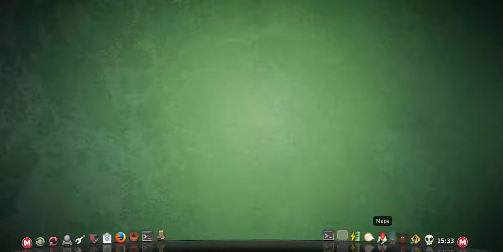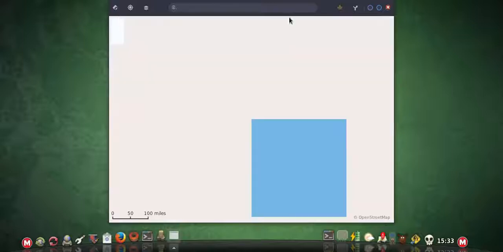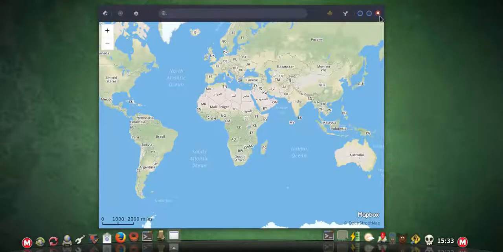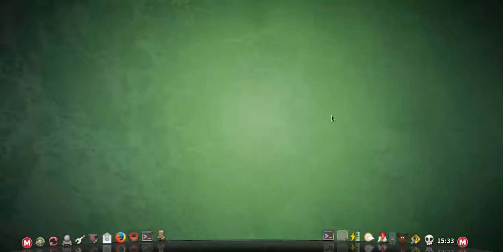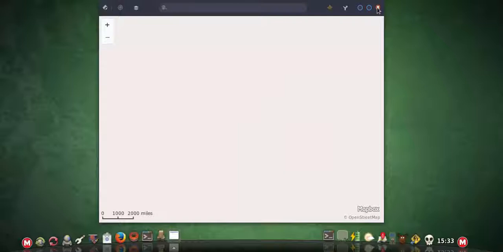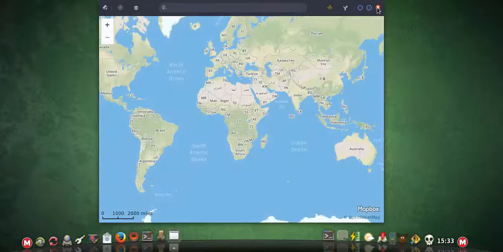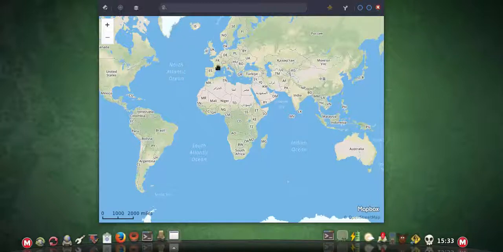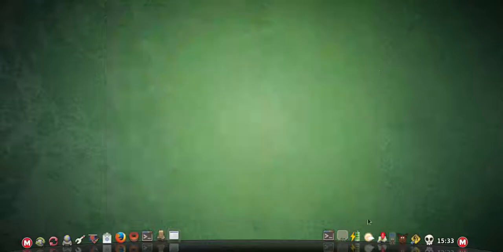Next to that you've got your volume and keyboard settings. Next to that you've got a little maps plugin. If I click on that, I am in VirtualBox, so this uses 3D, so it will be a little sluggish. Okay, so there you've got a little maps plugin. You just click on it and it pops up, almost similar to Google Maps. This is GNOME Maps, so it works well. It's quite fast usually. It's just that I'm in VirtualBox, so this will be a little sluggish,